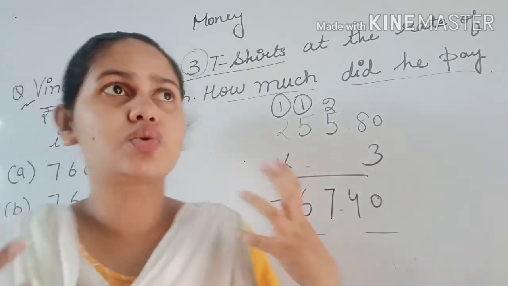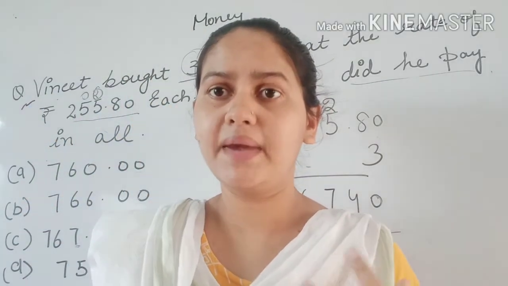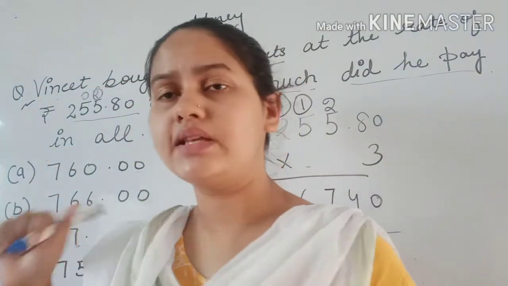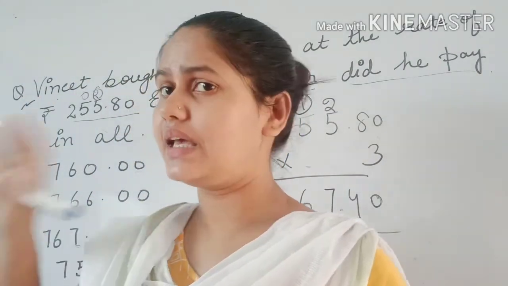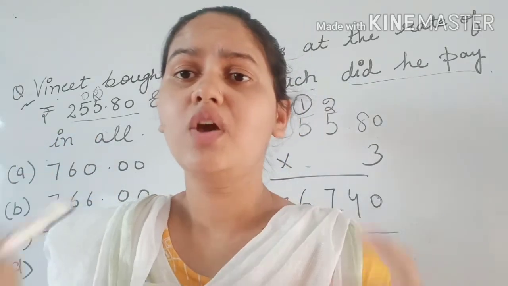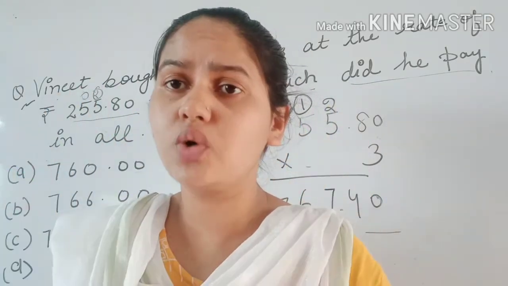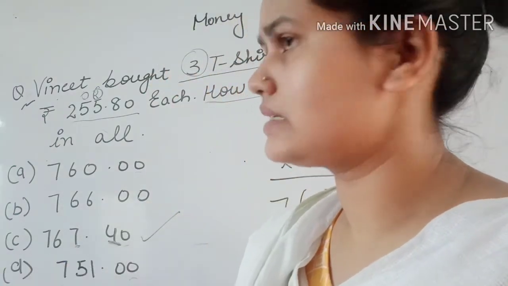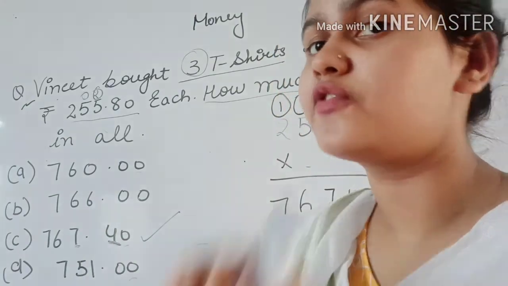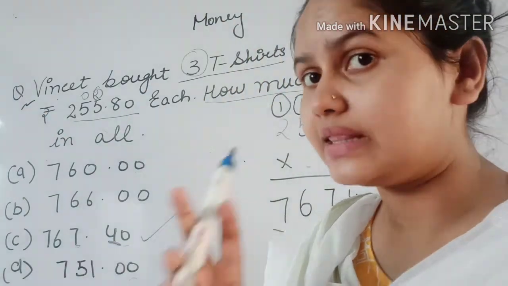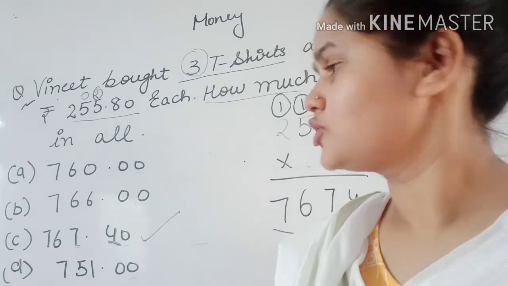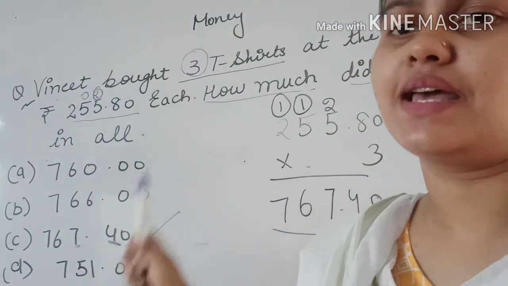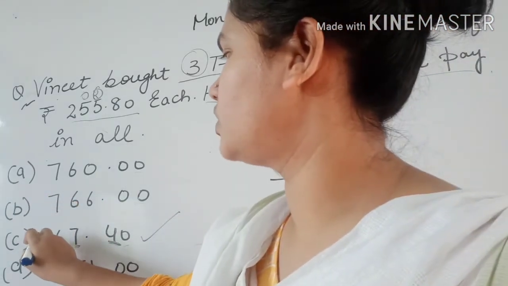what the statement wants to ask from us, right? The main thing is the things given to us and what we have to find out. As in this statement, what do we have to find? We have to find the cost of all the t-shirts. Now you can see which one is the right answer. That is the right answer, and this one is the cost of all the 3 t-shirts. And how much do the 3 t-shirts cost? So this one is your answer, 767.40 paise.